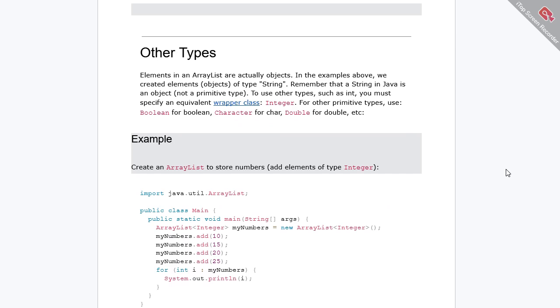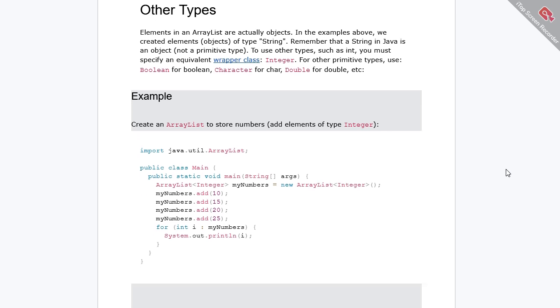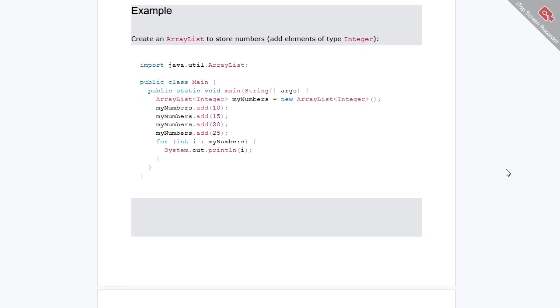Create an ArrayList to store numbers, and add elements of type Integer. for (int i : myNumbers) { System.out.println(i);